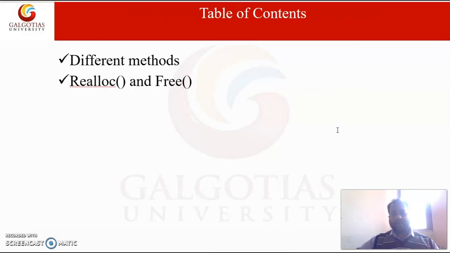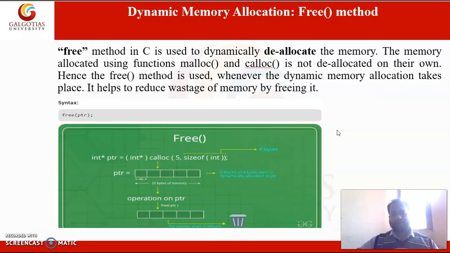In this lecture we will discuss the reallocation method and the free method for dynamic memory allocation. So we have a method called free. As the name suggests, if we want to free the allocated space during the program, we can do it using the free method.